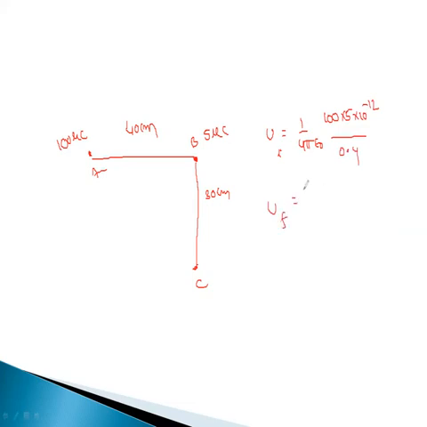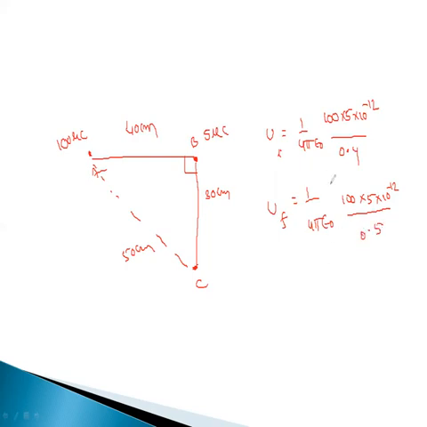And the final potential energy is 1 by 4 pi epsilon naught into 100 into 5 into 10 power minus 12, but the distance here is different. If this is 40 and this is 30 centimeters, since it forms a right angle triangle according to the given question, this will be 50 centimeters. So here the distance in the final position will be 0.5 meters.